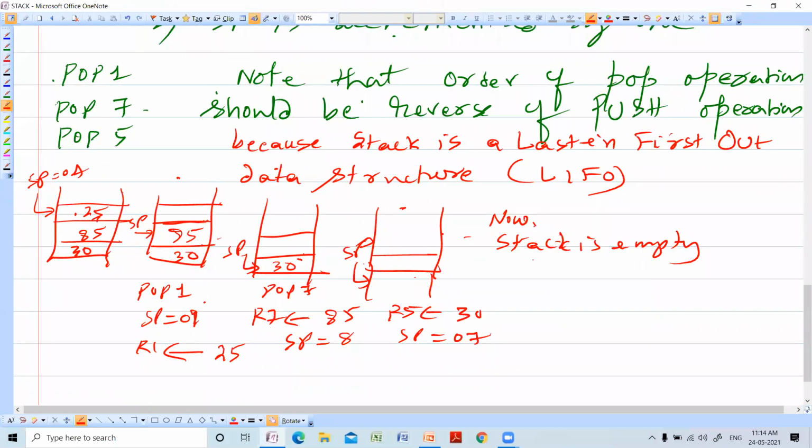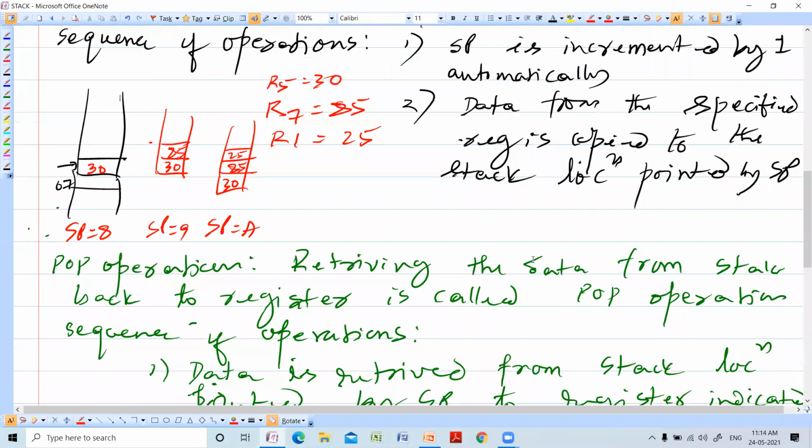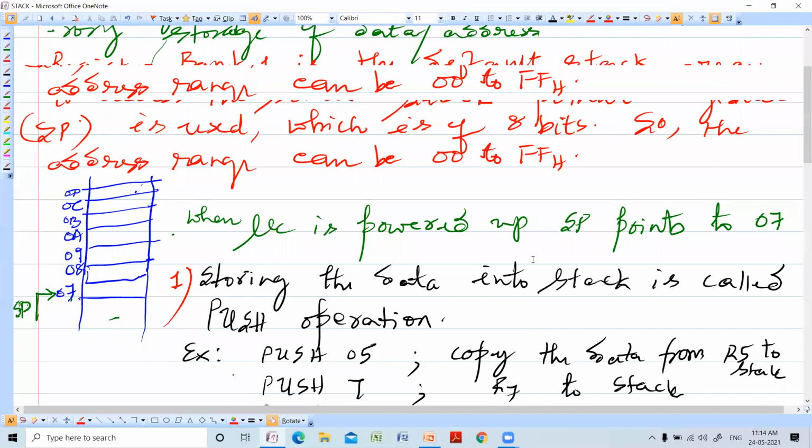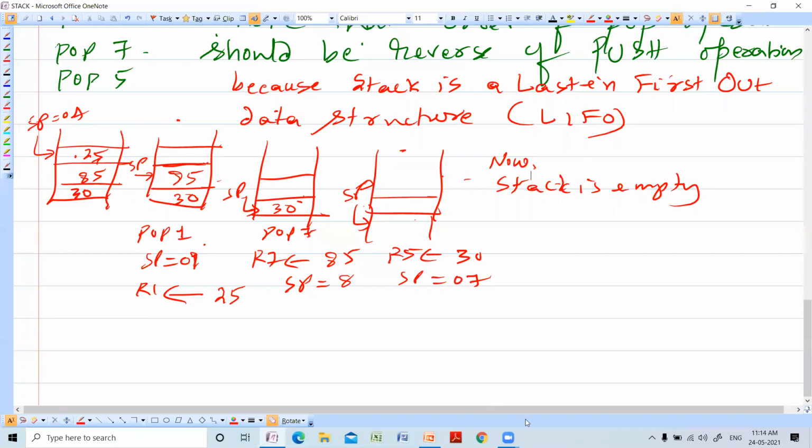So this is the sequence of operation, both push and pop. This is what we can summarize after going through that presentation. So now I'll take a feedback. Have you understood the concept?